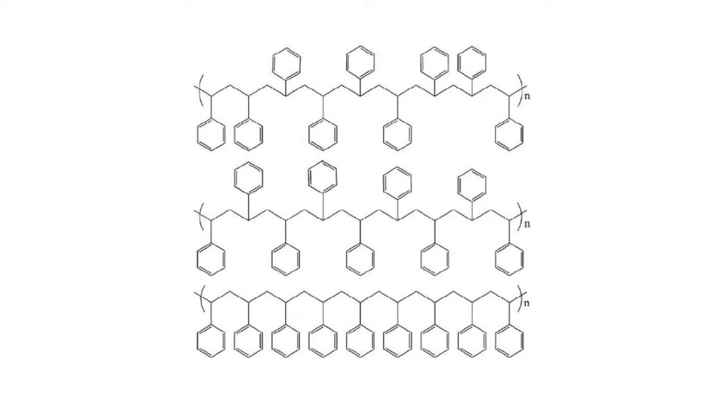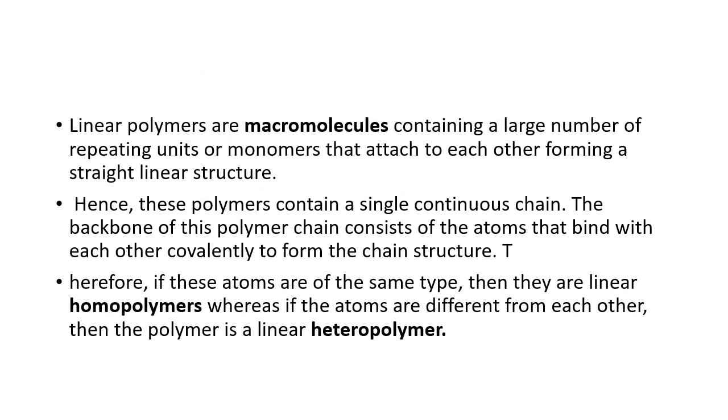Here you can see the structure of these linear polymers. These are the pendant groups you can see on the screen, and these are the pendant groups we will come across in the next slide. Here you can see that these side groups or the pendant groups are arranged in an alternating pattern, and here all these side groups or the pendant groups are arranged on the same side of the backbone.